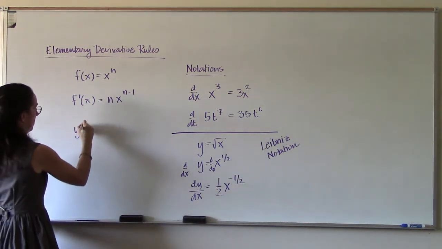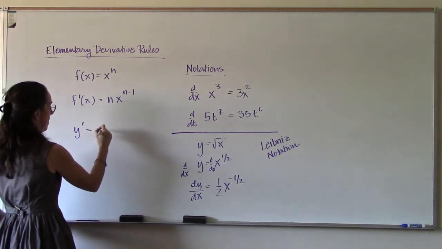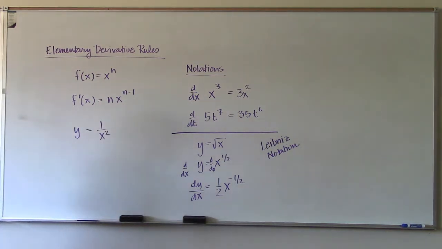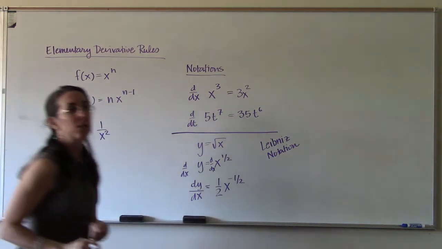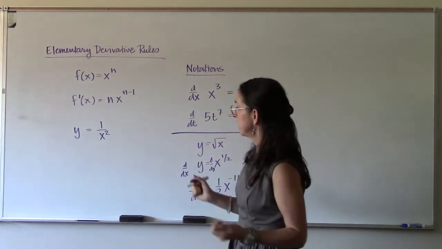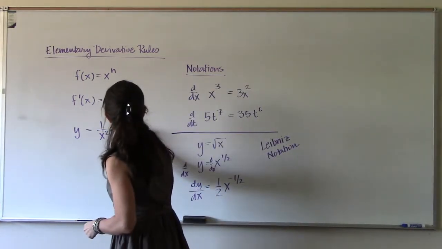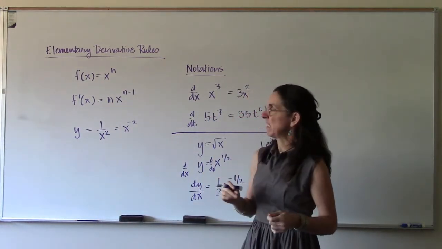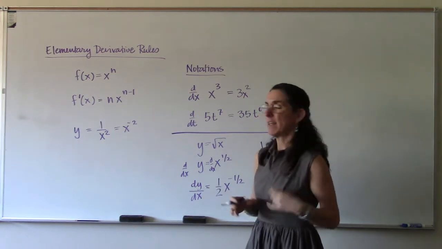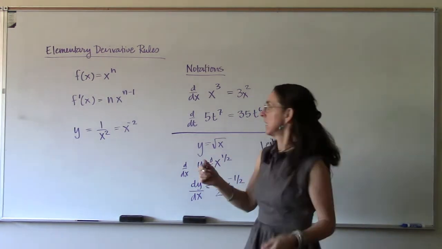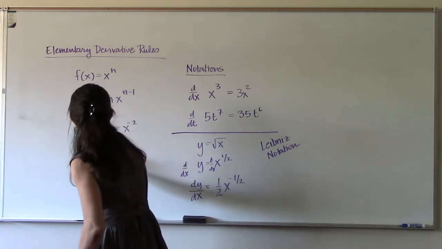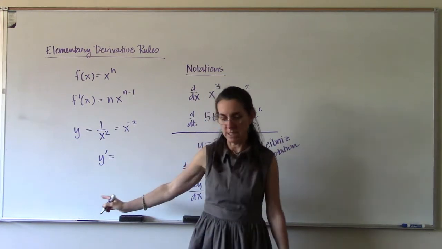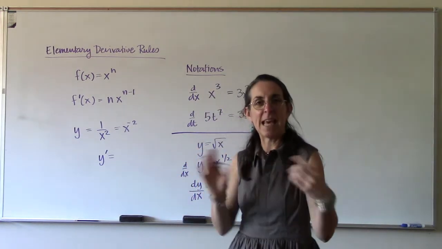We should talk about, let's say you have y is equal to 1 over x squared and you want the derivative of this thing. First, I would want to write this as x to a power so that I can use the power rule. And I just wanted to mention that there are some shortcutty kinds of things. I've seen people use this. It's not technically